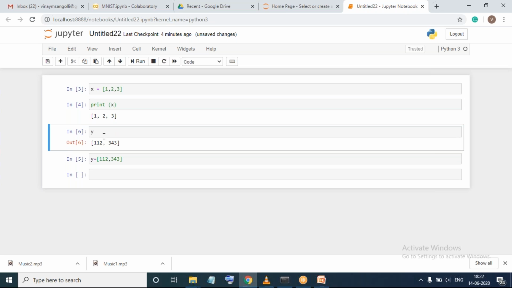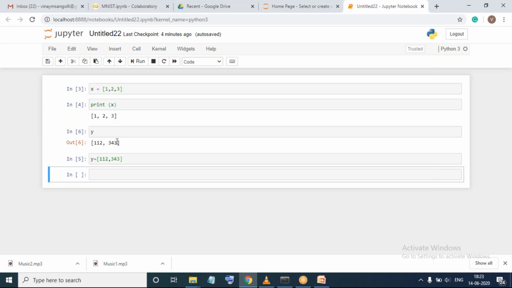So you can observe here, the cell has been cut as well as pasted. Now say I want to copy a cell. So say I want to copy the same cell. The shortcut which could be used is C. So I'll press C now, and I will copy it here.